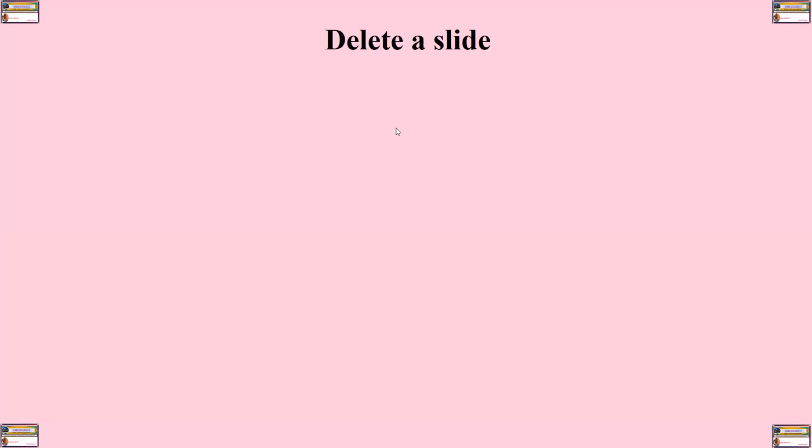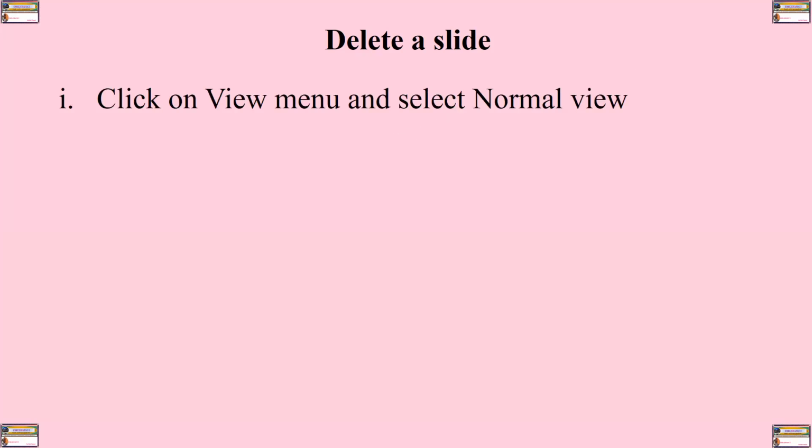Another activity we can perform is to delete a slide. Deleting simply means removing or erasing a slide from your presentation, especially if you no longer need that slide. So if you want to delete a slide that you no longer need, you click on View